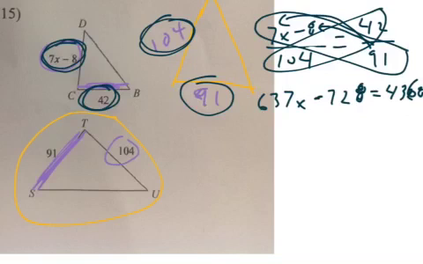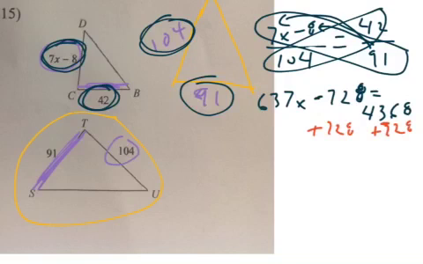So that's 4,368. I guess I better rewrite that again. I'll write it down here, 4,368. Okay, and now it's just a matter of solving the equation. So when I add 728 to both sides, plus 728, I now know that 637x will equal,